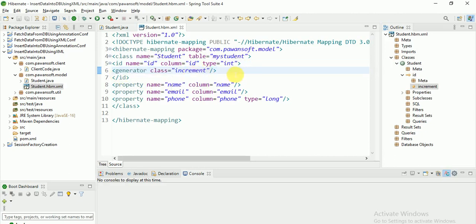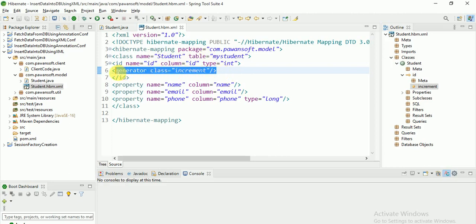I have given the generator class as increment because I am using a MySQL database. In the case of a MySQL database, you have to use the increment class. And when we have Oracle, in that case you have to use the sequence class, right? So here Hibernate will generate the primary key value automatically.